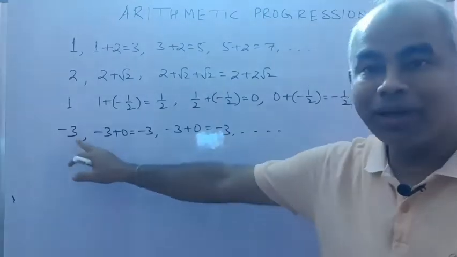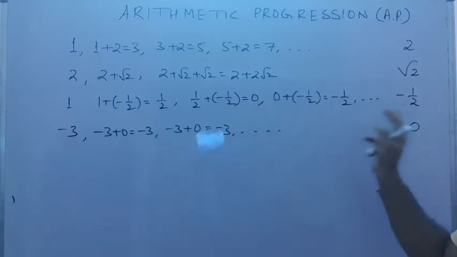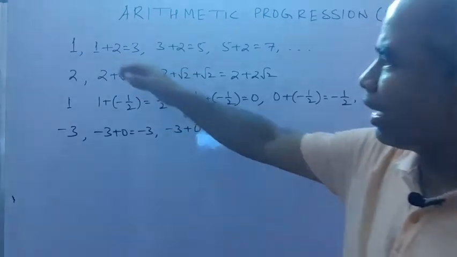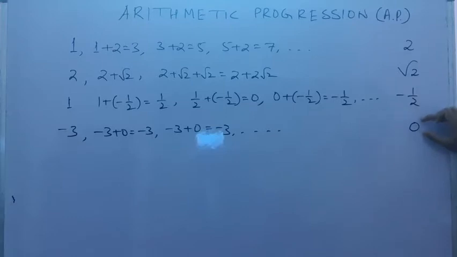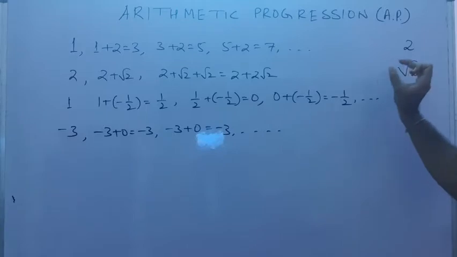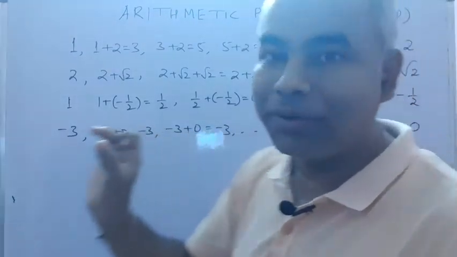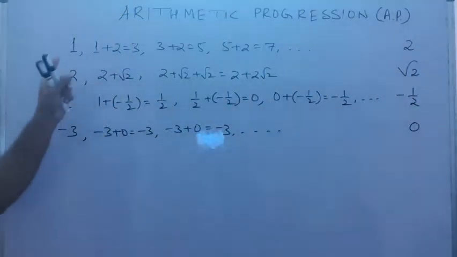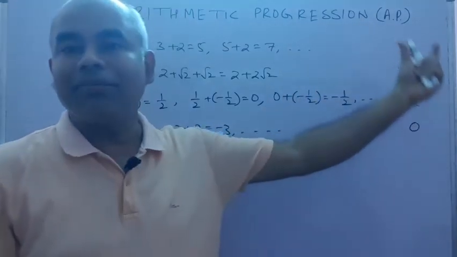Or suppose I start with minus 3 and I add constant 0, so the next number is minus 3 plus 0, the next number is again minus 3 plus 0, like that. So what I am going to show you is that I can start with any real number, and I can add any real number: a positive integer, an irrational number, a negative number, 0, any real number. Whatever constant I add to a number to get the next number, it may be any real number. So I can start with any real number, my answers can be any real number, and I can add any real number to get the next.